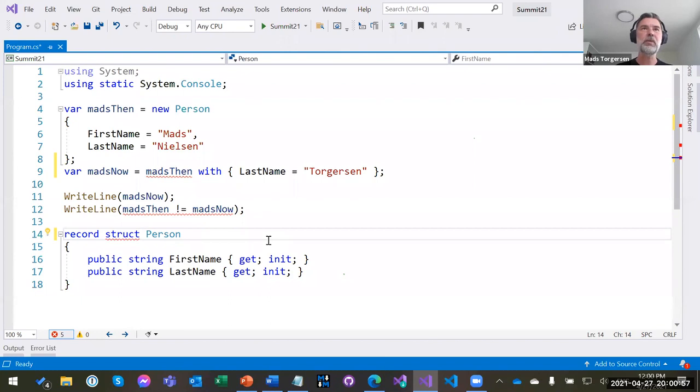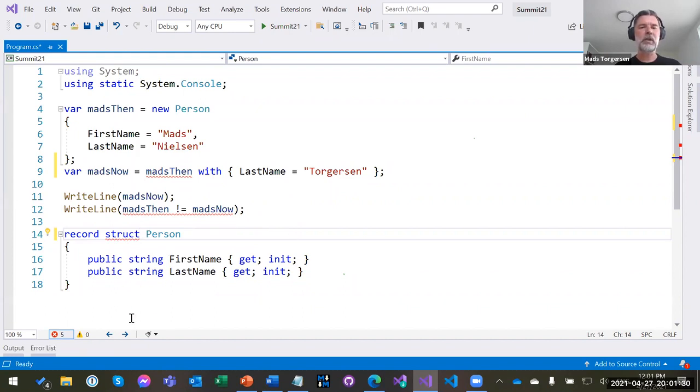In fact, the way we did the value equality in class records was based on how it's done in structs, to match that to the largest extent possible. So records do not add additional equality semantics to structs, because they already have it. But they do add explicit operators. They do add the equals and not equals operators, which structs don't have by default.